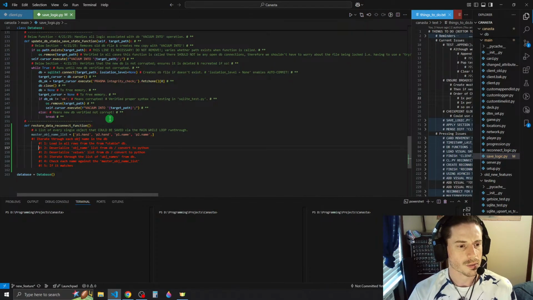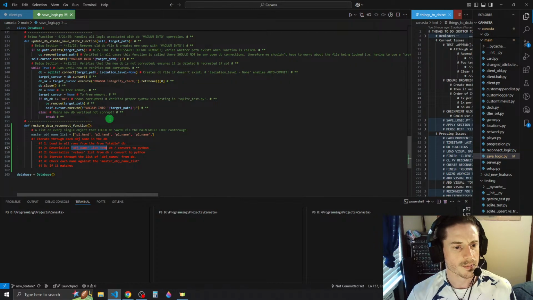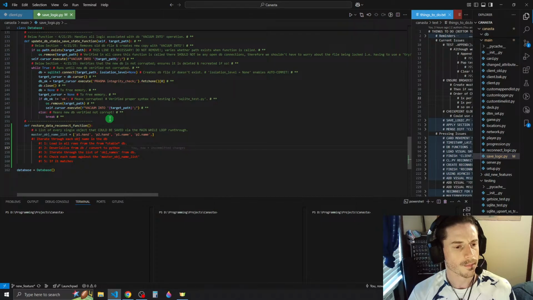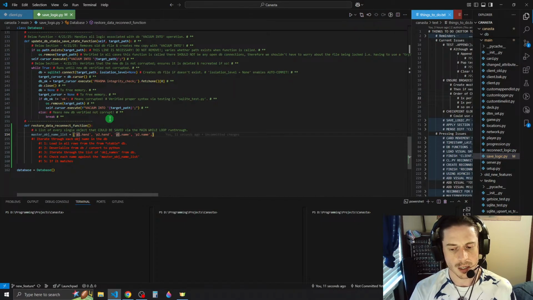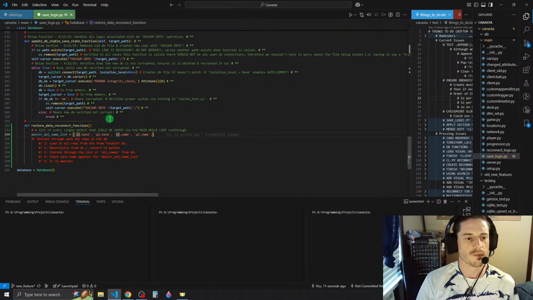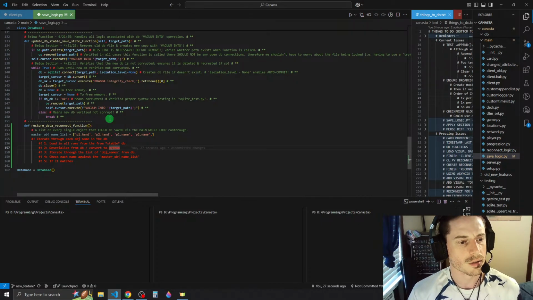Then we would deserialize from database, convert to Python, which at that point it would be like a list, or a dictionary rather, with the object name and then the associated value. I don't know. We'd have to test that. Like, I don't know the exact format. Iterate through the list of deserialized.